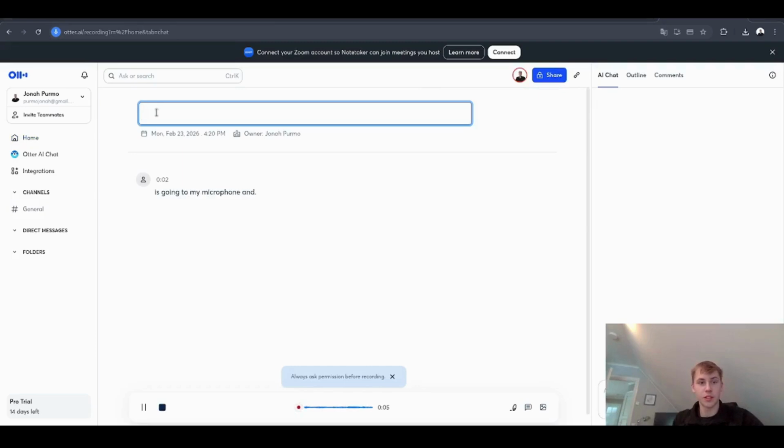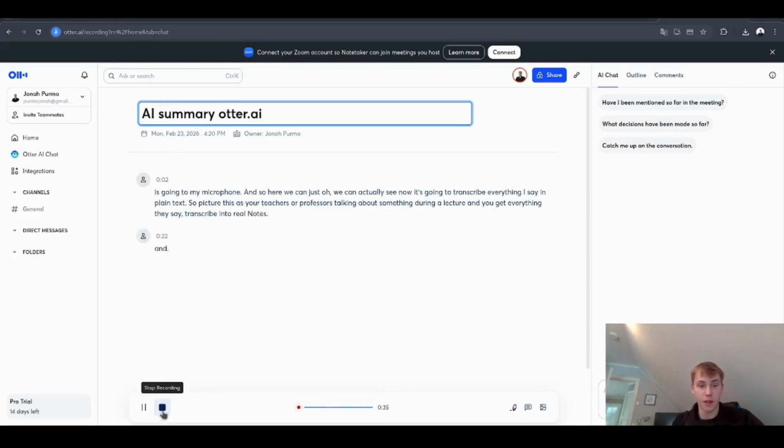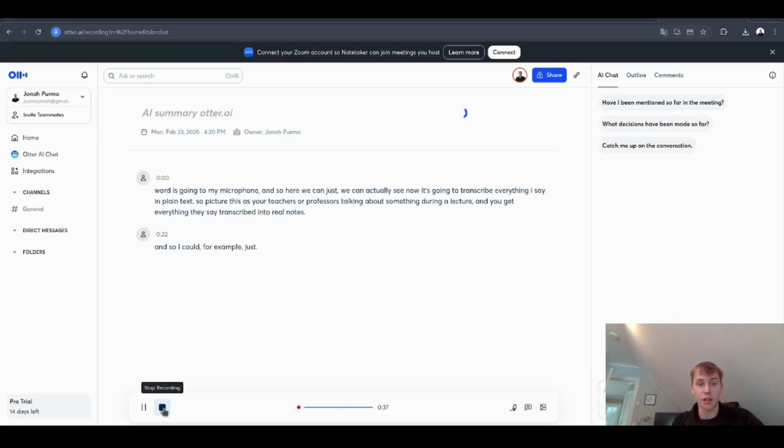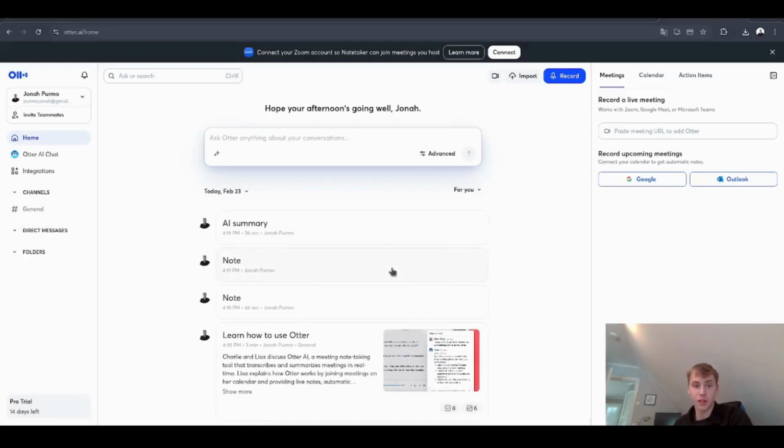And so here we can actually see now, it's going to transcribe everything I say in plain text. So picture this as your teachers or professors talking about something during a lecture, and you get everything they say transcribed into real notes. And so I could, for example, make a headline, and then it is going to take everything that I've just said in here, and maybe now everything's done. And then I can just stop recording, so when the lecture is done,